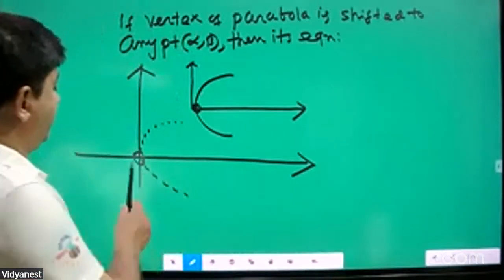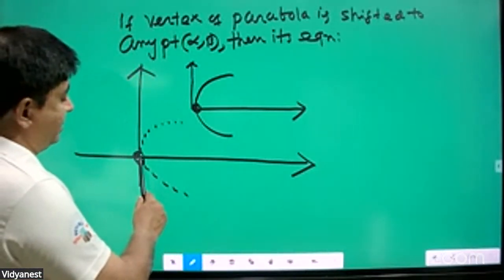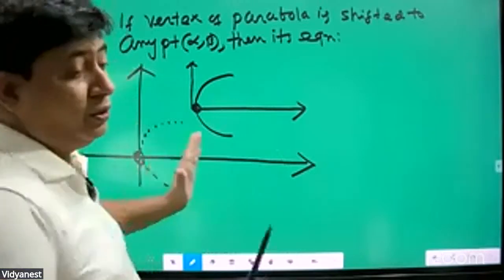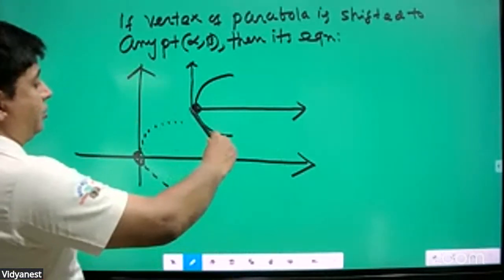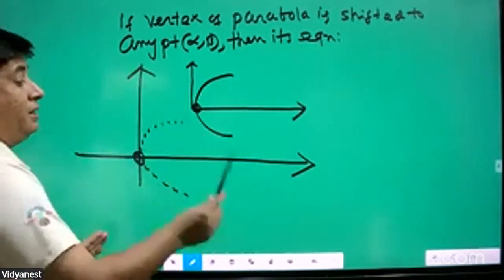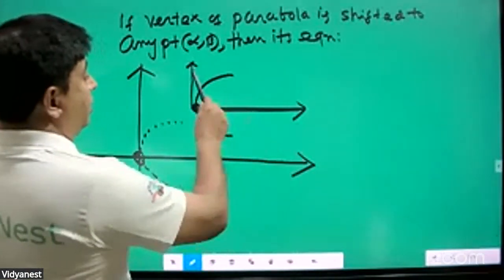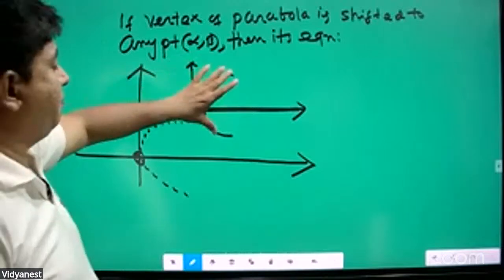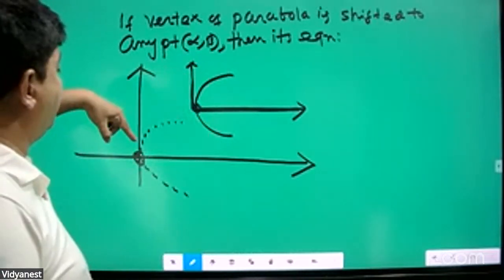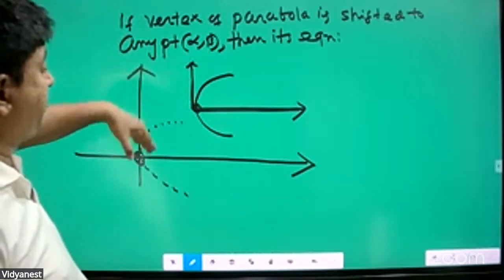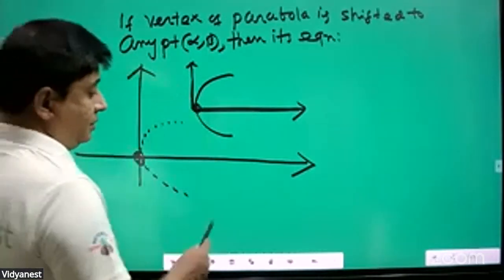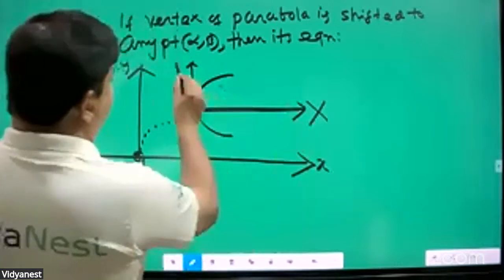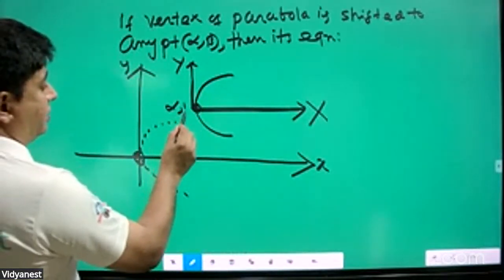Suppose you are sitting at home. So what is your axis? Your horizontal and vertical axis of your room. Now you are shifted to your school. Your new axis will be measured with respect to the room's horizontal and vertical axis. That means you as a person remain the same, but your position is changed. So with respect to the new position, there will be a new axis. So this is x, this is y. So new axis capital X and capital Y, and where it is placed,